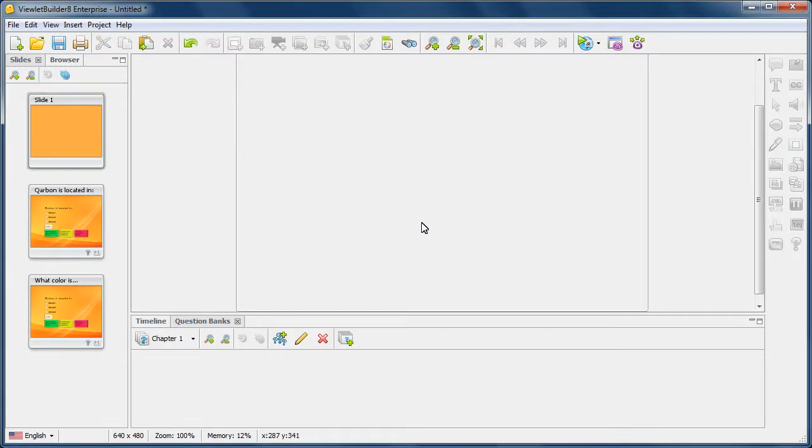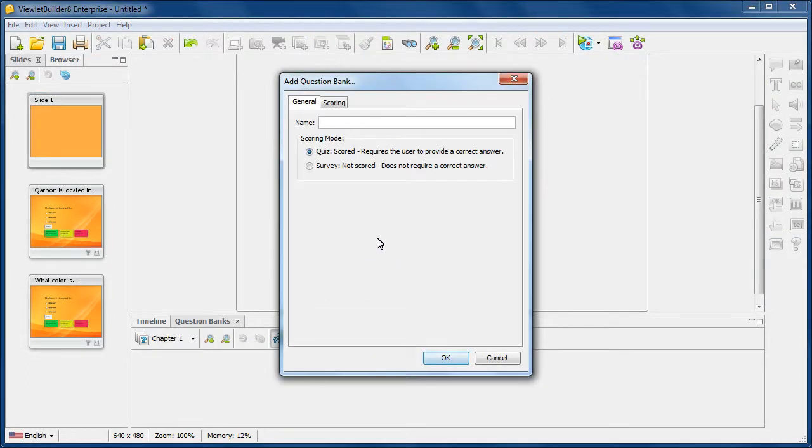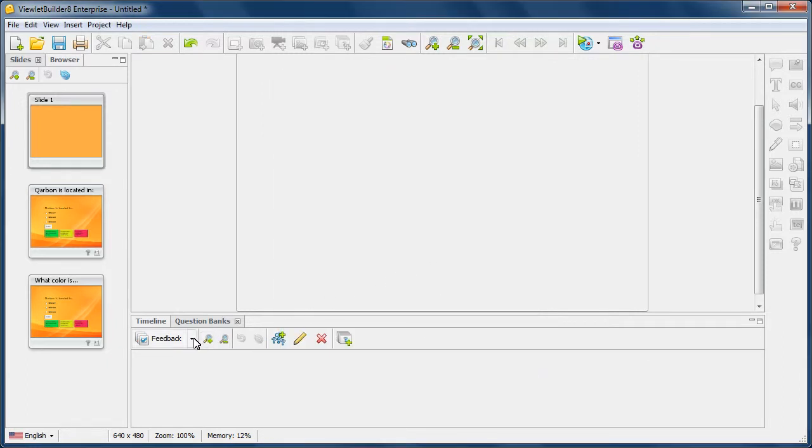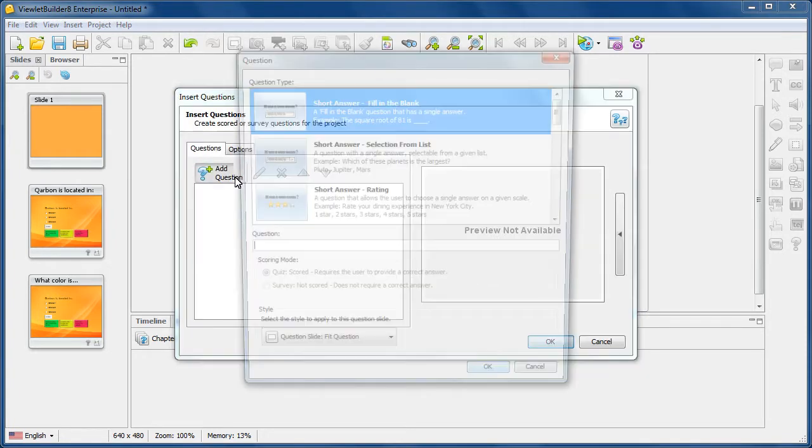So we'll go ahead and create the bank, and then maybe we want one that's going to be feedback or some kind of surveys, so we can create a bank for that as well and have it set as not scored. Once you create your bank, simply select the bank and then start populating it with the different question types